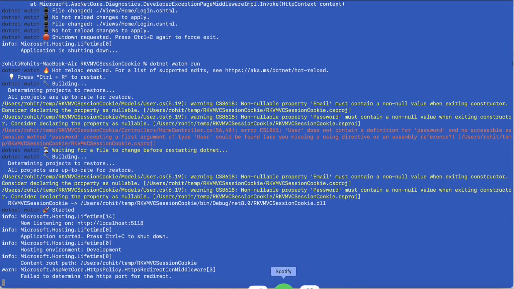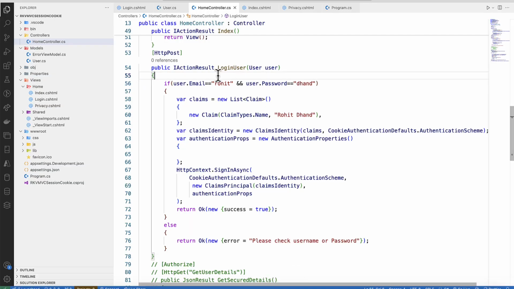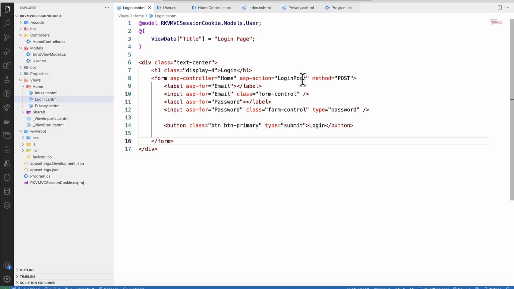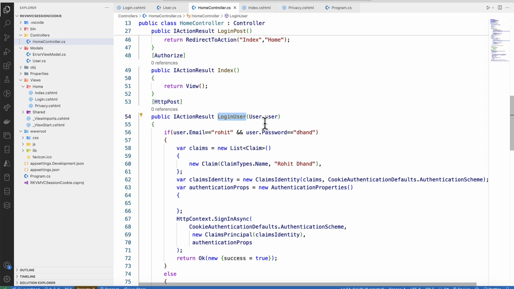Now what we need to do in this case is we already have a login user. So what we'll do is in the login.html, we'll say login user, which is this. So I'll change the action to login user, because in my home controller I'm going to use this user. And then